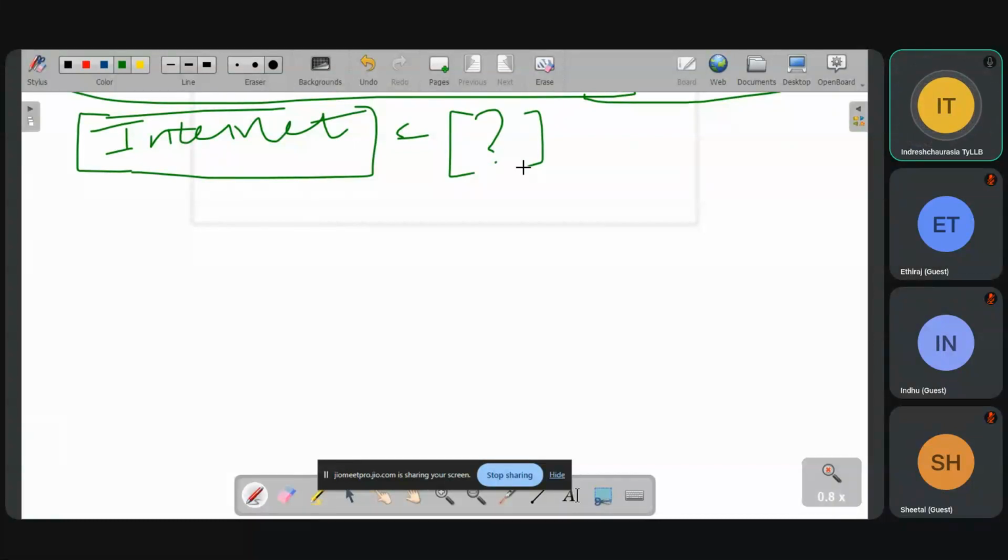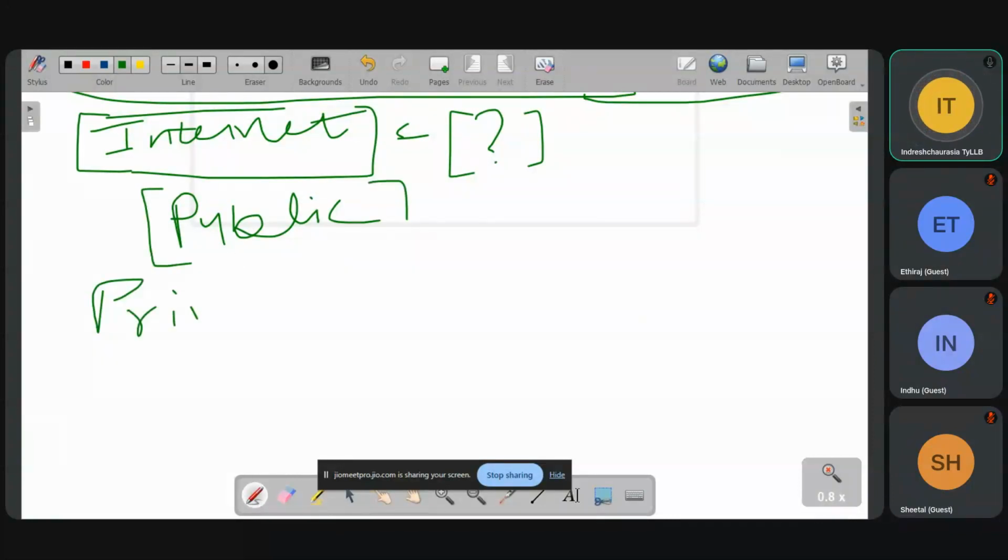There are two types of IP address, right? Private IP address and the public IP address. Public IP address is used to communicate over the internet. Now, what you need? You need a public IP address. Now, every private IP address which is communicating over the internet is assigned, mapped to a public IP address. Remember this particular thing.